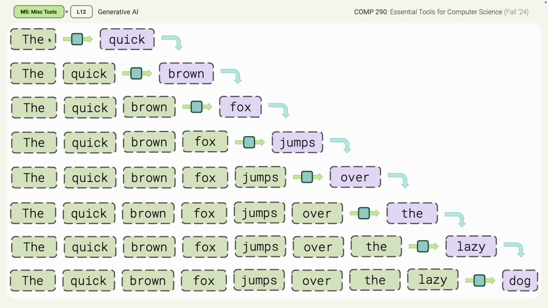And then these two, so the original sequence plus the new token, is then passed in again. So this is combined and now used as the input in the next row. So "the quick" is now the input, and based off of this it's going to generate the next token, which is "brown". And this can continue on. You can see that these three are then used as the input. This generates a fourth token, then these 4 tokens are used as input, and it generates a 5th token, and so on,